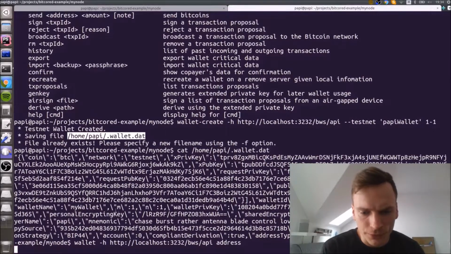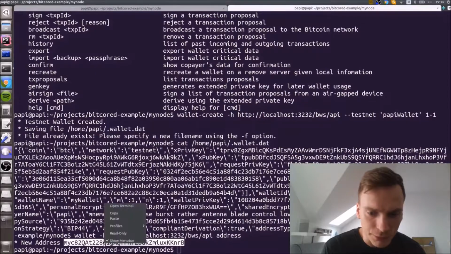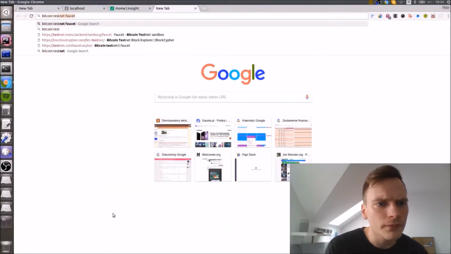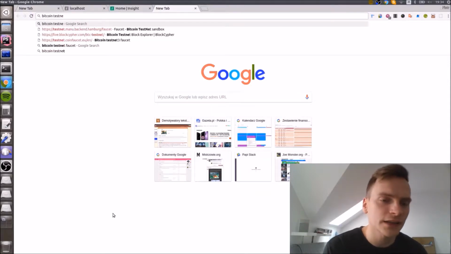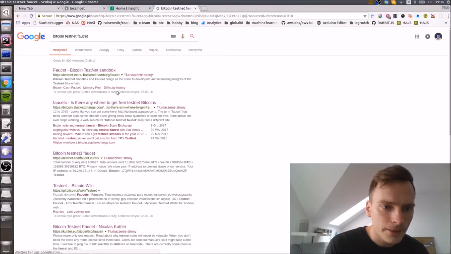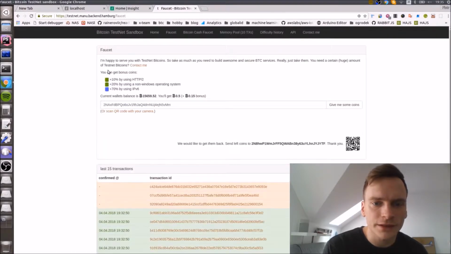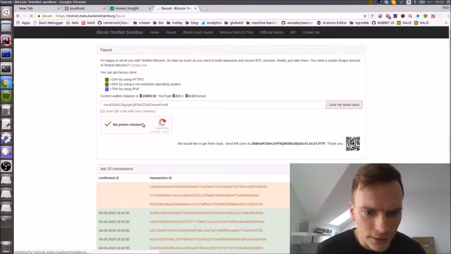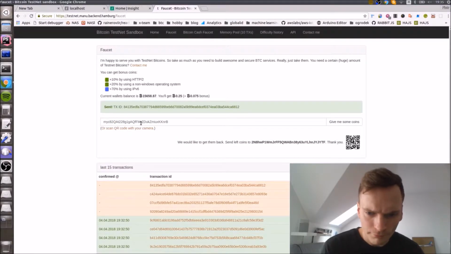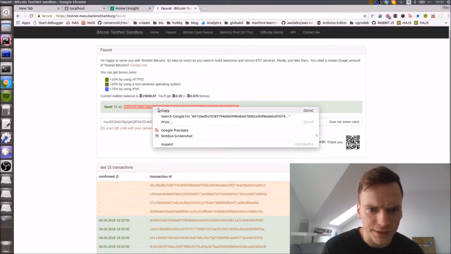Now we are able to generate a new address by calling the address endpoint in the API, and I will send some bitcoins from the faucet. I will gather some bitcoins from the testnet, and we'll see if it works. Give me some bitcoins. Okay, I'm not a robot. And we have the transaction ID that we can